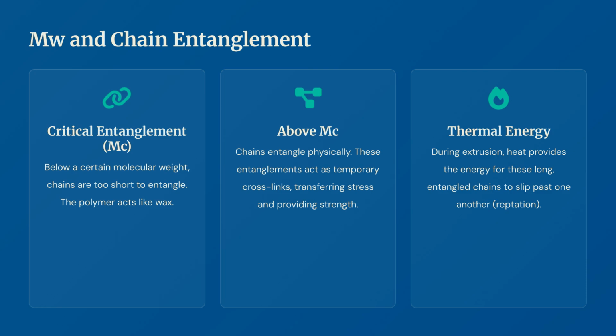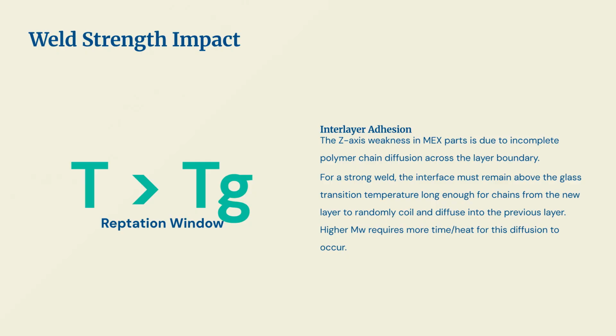When molecular weight exceeds the critical entanglement threshold, physical entanglements form, providing essential material strength. Thermal energy during extrusion allows these long, entangled chains to move past one another. Interlayer adhesion is a common challenge in material extrusion. Achieving a strong bond requires maintaining the interface above the glass transition temperature, allowing polymer chains to diffuse across the